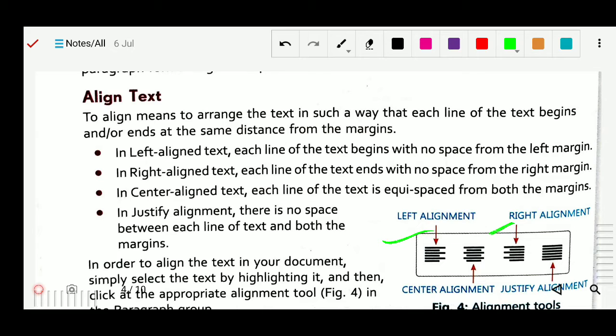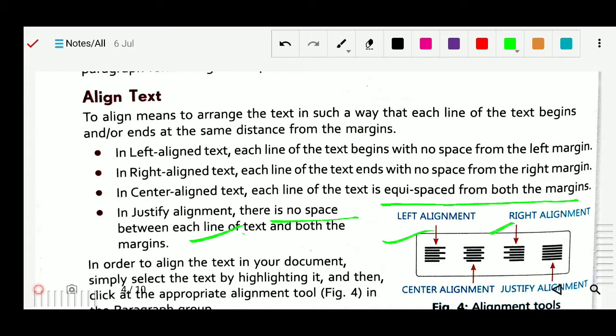Center: in center aligned text, each line of text is equally spaced from both margins, at equal distance from both left and right. Justify alignment, there is no space between each line of text and both margins. Okay, so this is about the align adjustment.